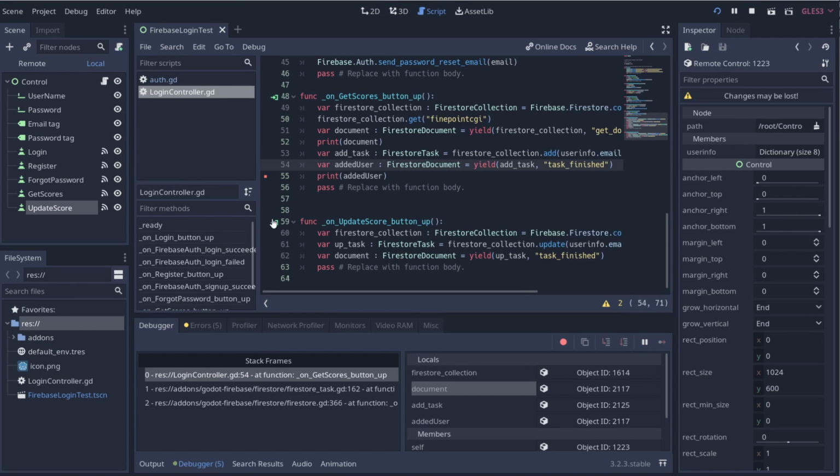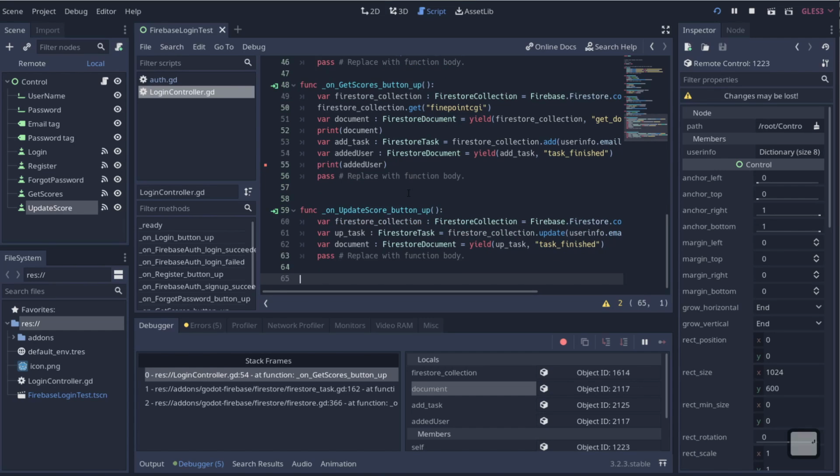So now, what if we want to run a small query on our database? Instead of just getting some scores or updating a value, what if we want to go out and fetch a very specific score or very specific data? What we can do is run a query. So we'll go